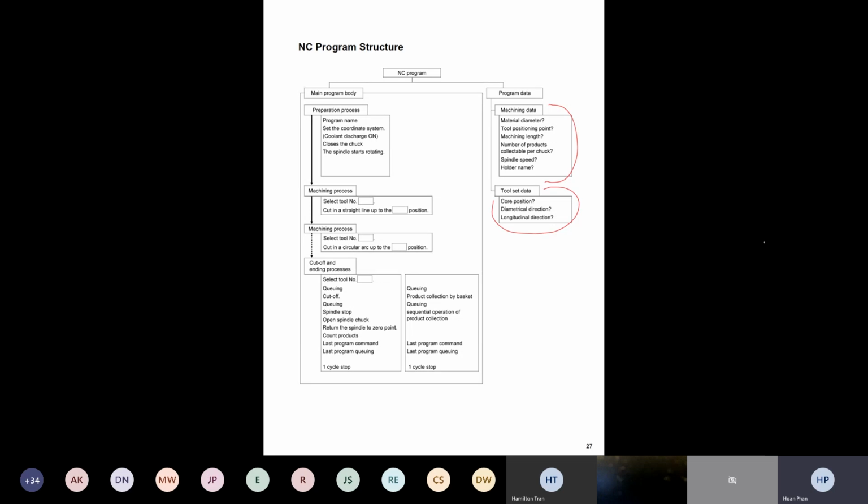In the main program, we have all the things we need to command the machine, starting with the program number, then a section in the middle containing all the toolpath, and a cut off,